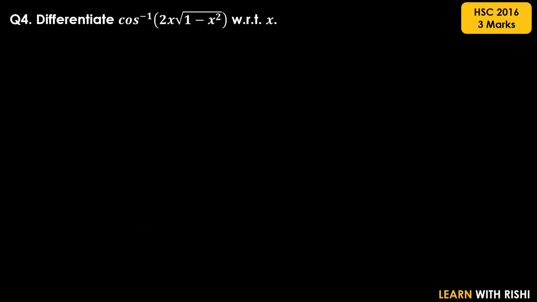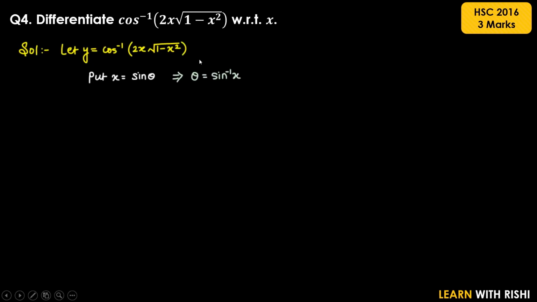Question number 4. Differentiate cos inverse of 2x under root 1 minus x square with respect to x. Now in the previous video we have seen that whenever there is an expression like 2x under root 1 minus x square as our function, we substitute x is equal to sine theta. So if we substitute here x is equal to sine theta, we'll get theta is equal to sine inverse of x. So y will be equal to cos inverse of 2 sine theta into under root 1 minus sine square theta,